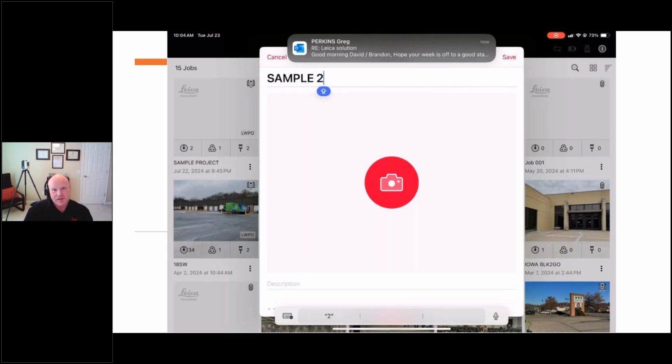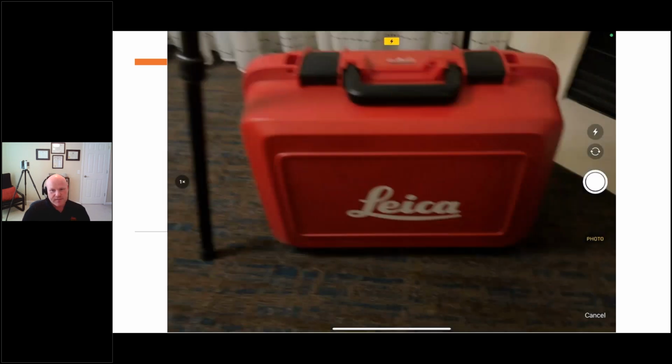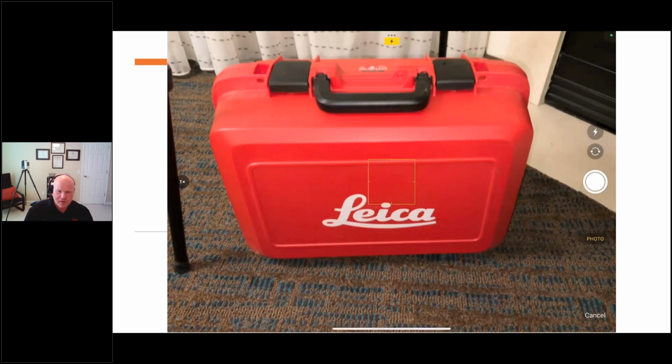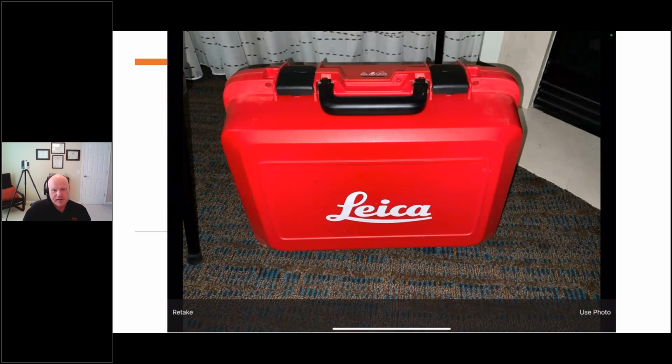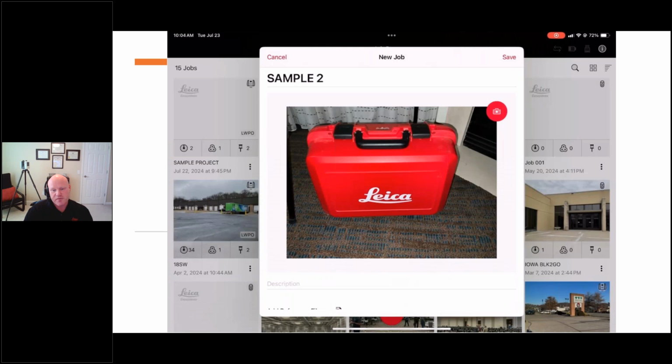And you always got to get your email from your good buddy, Mr. Perkins, everybody knows and loves. So I just called this project Sample 2, and I love the photo button to use the thumbnail photo for your project. And here's a little tip that a lot of people might not know is this description field down